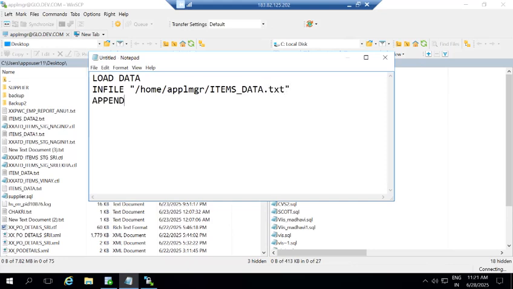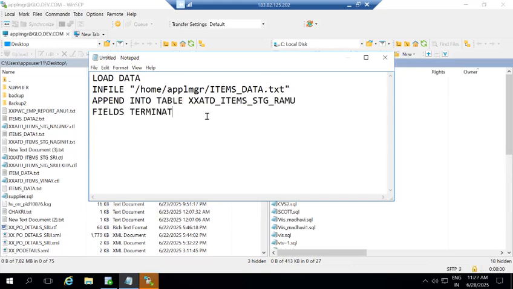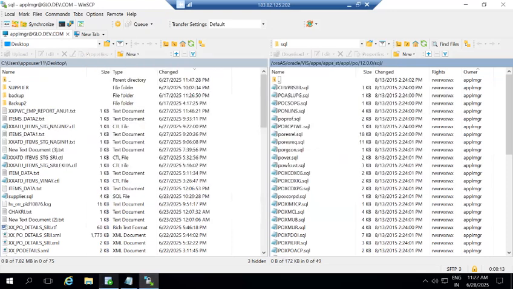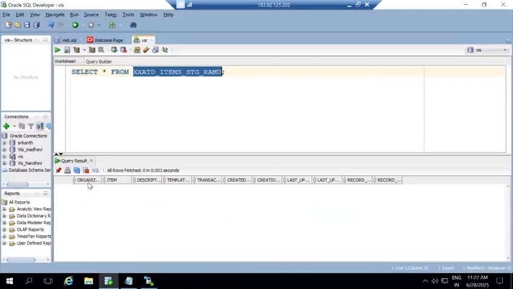Then append into table, the table name, fields terminated by, I think it's a pipe symbol. Next, optionally enclosed by single quote, double quote, single quote. Then the column mapping. Coming to columns, so I'm getting the,